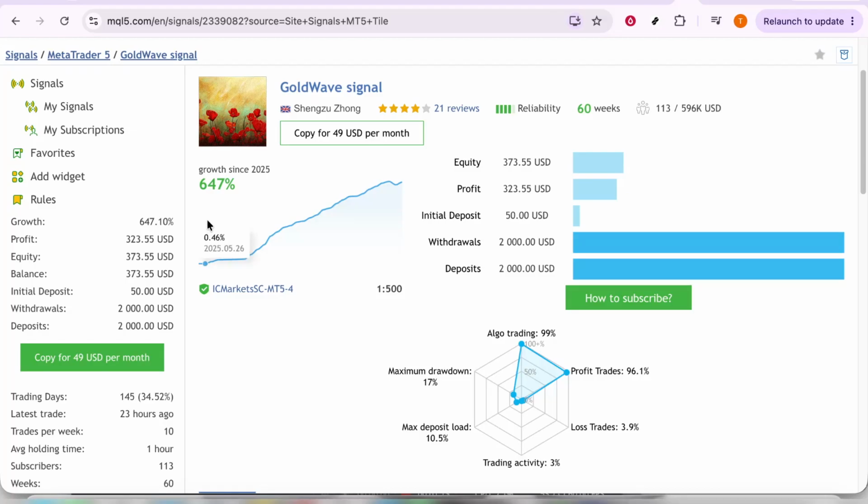Remember, subscribing to signals is not a guaranteed path to profits, but rather an additional resource that can potentially improve your trading strategies if used wisely. So, there you have it. Just open your MetaTrader 5, navigate through your profile, top up MQL5 service,